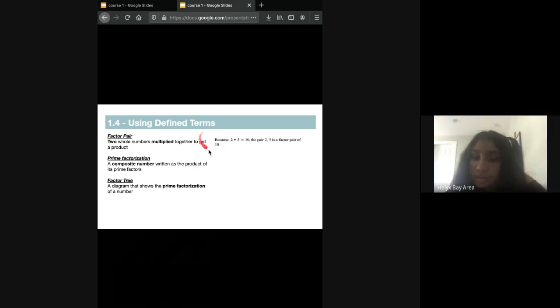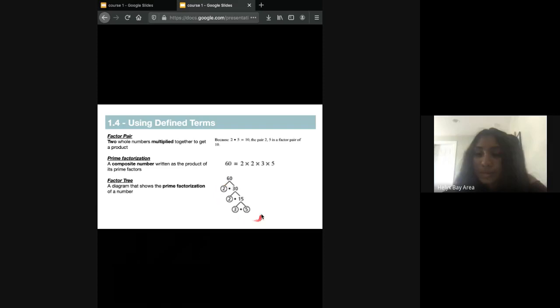So here's some things to help better understand. Because 2 times 5 is equal to 10, the pair 2 and 5 are the factor pairs of 10. This is the prime factorization of 60. See, none of these can be factored further, therefore they're the prime factors of this number. And this would be the factor tree of 60 and how you would write it out. You see that these can't be factored further, and these would be the prime factors since you can't